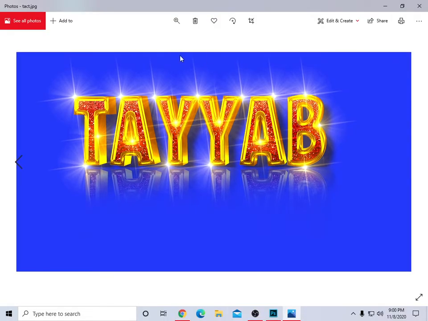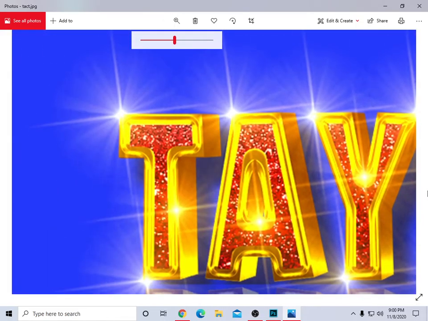Wait guys, it's loading in the Window 10. Window 10 is very slowly, but manage. Guys, it's unique text and HD